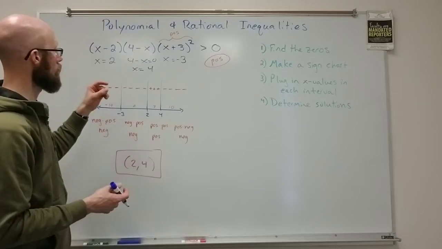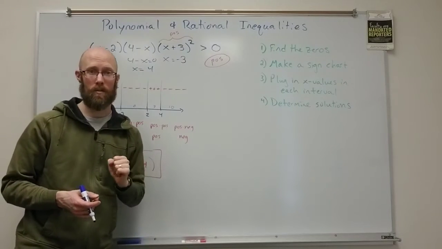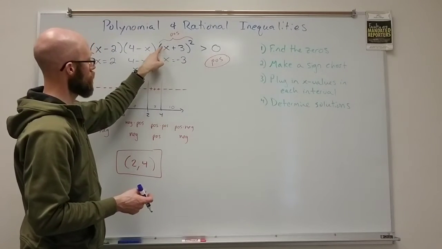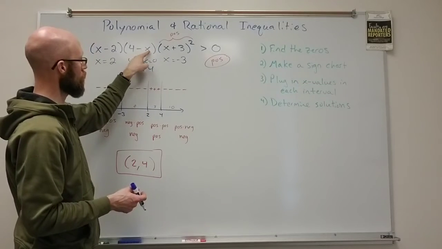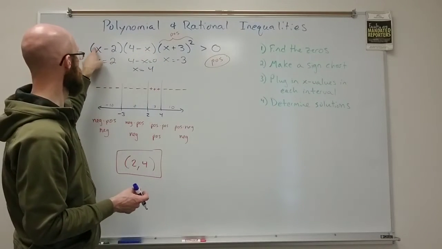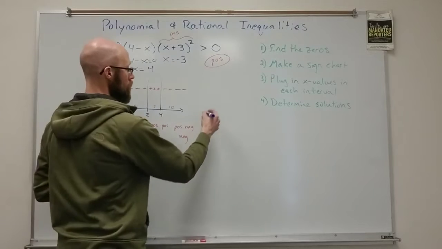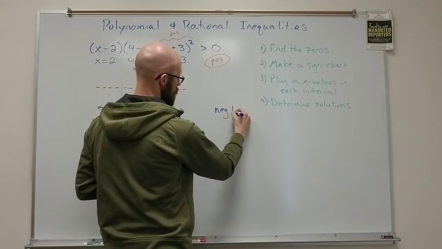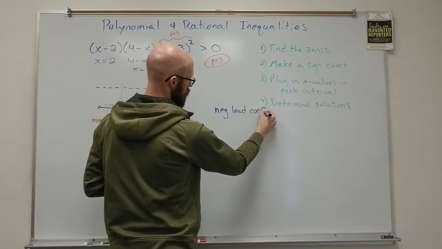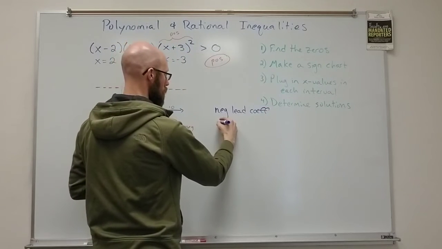It also has a leading coefficient that is negative, which is interesting, right? I've got a positive leading coefficient here, a negative leading coefficient on the x, and a positive. That makes a negative leading coefficient. So negative leading coefficient, 4th